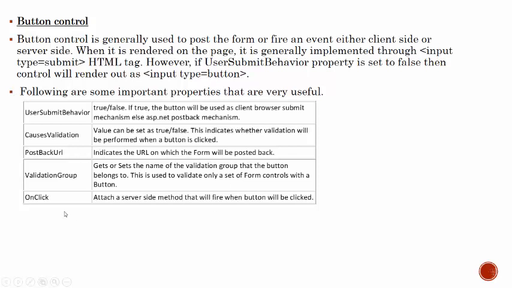If we set it as false, then it will not check for validation. ASP.NET validation will not be checked if it is false, and it will do the particular work.